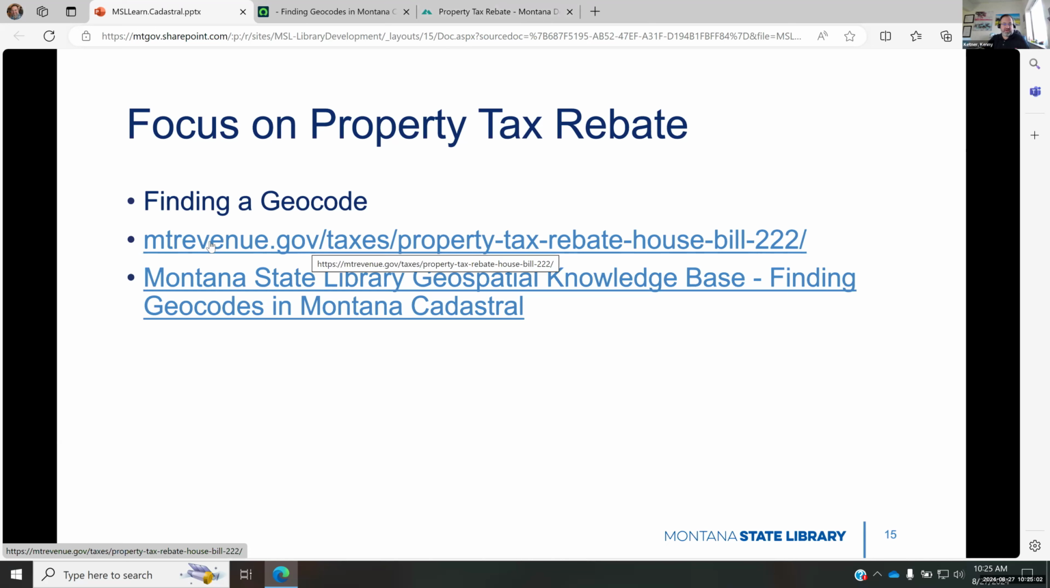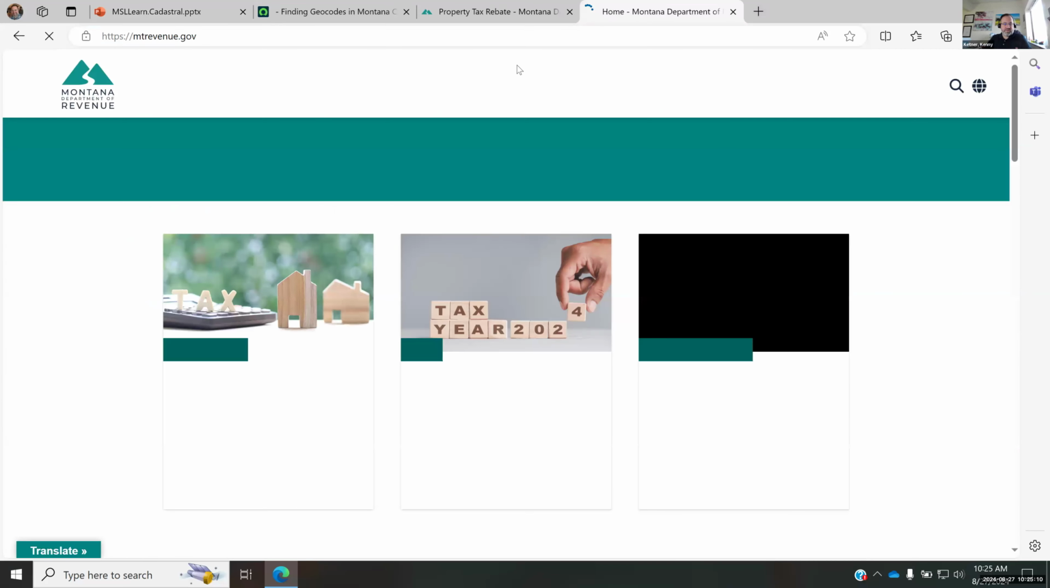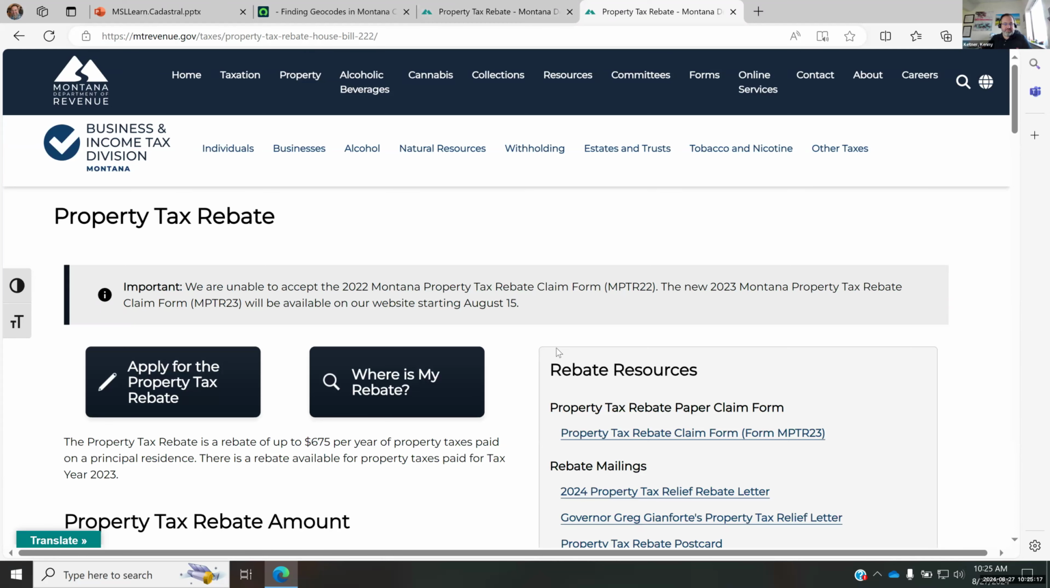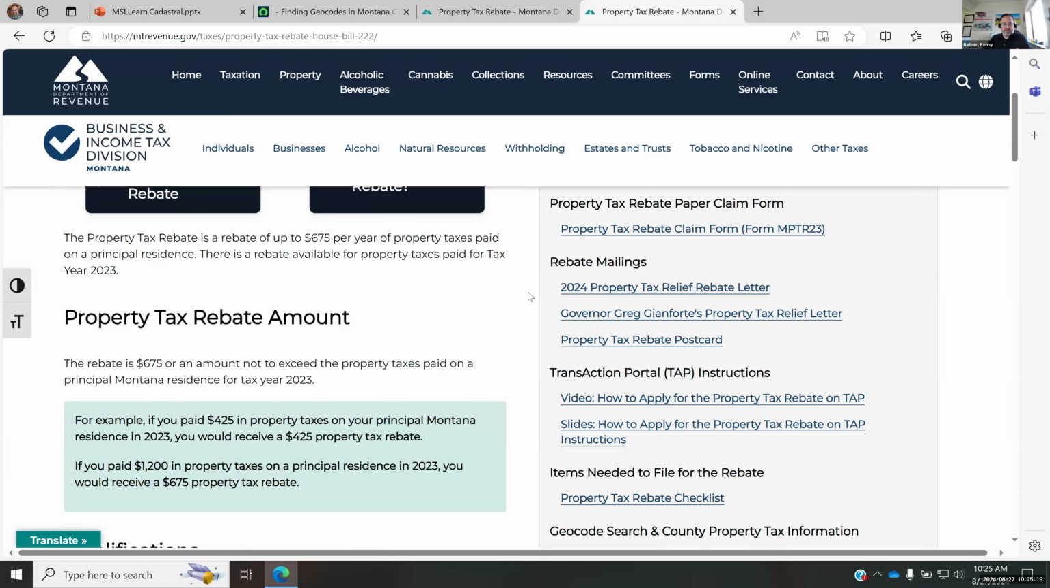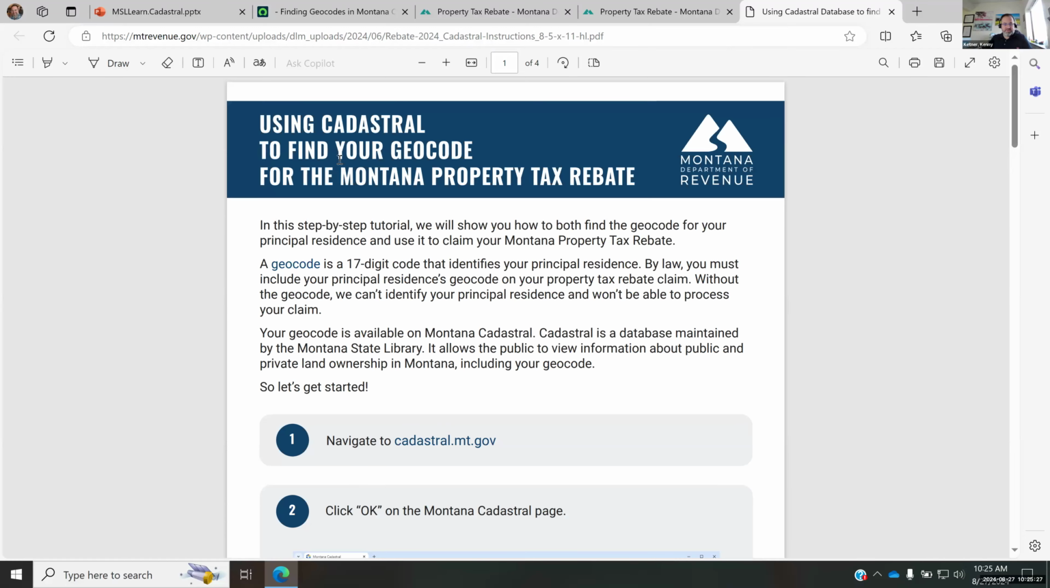They were probably starting at mtrevenue.gov, which is the Department of Revenue, and going to the apply for the rebate card, and that takes them to this page here. And they have some good instructions there about how to find your geocode in Montana Cadastral, which are these,